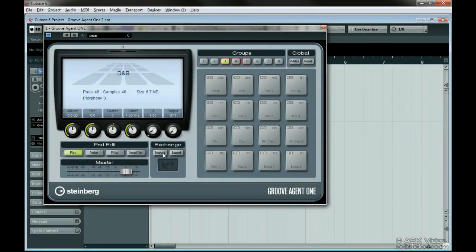On the left side of Groove Agent 1, we have the master volume at the bottom. Just above that, we have 4 buttons. Click play for now. When play is selected, the knobs above are the exact same ones you'll find in voice,